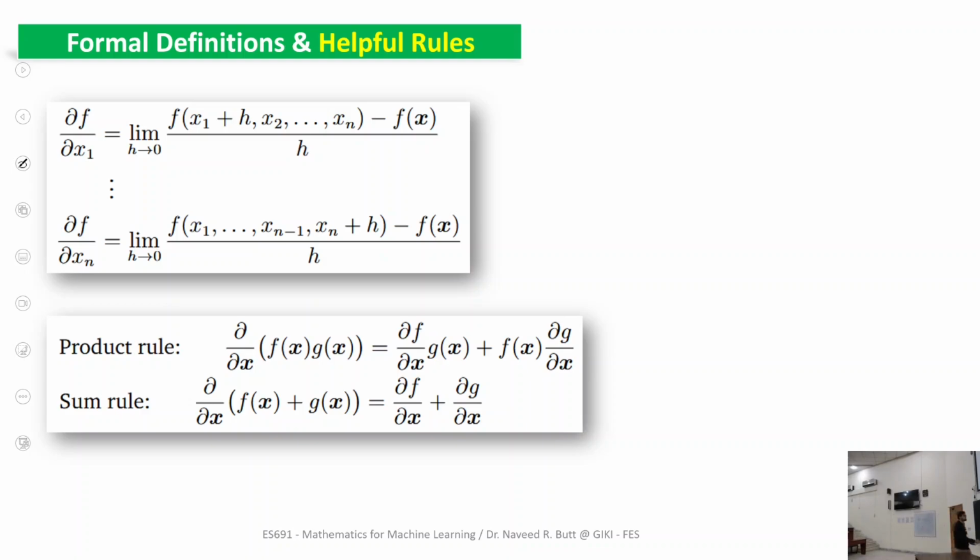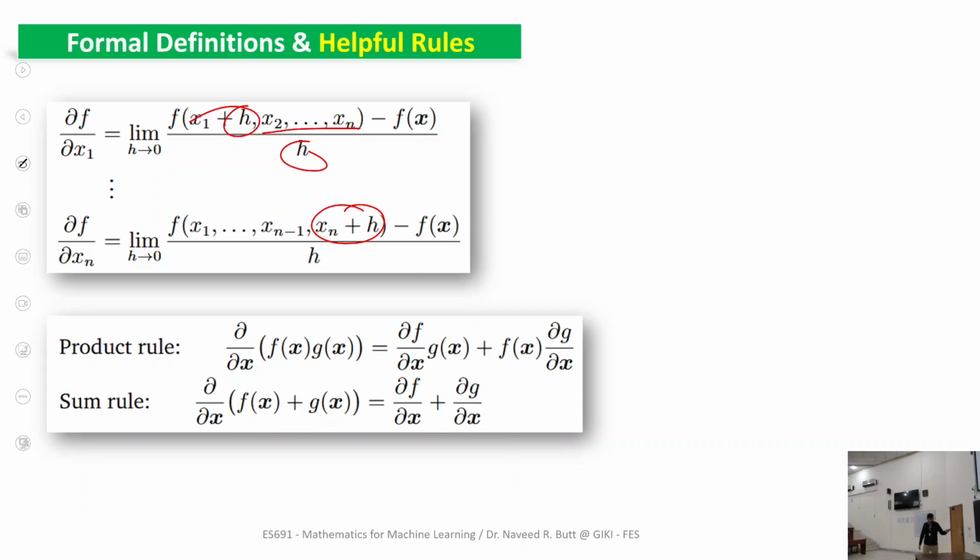Before, if you remember, we defined f(x1 + h), which was not like this. Now this is the new thing here: keep the others fixed, don't change them. The only change is in this h, where x_n changes. Change the variable whose partial you want to find, apply the limit, and it works out, but you have to fix the others. So it's a very simple way. Basically you are taking simple slices and then applying the very basic definition of derivative. Then you have the product rule, sum rule